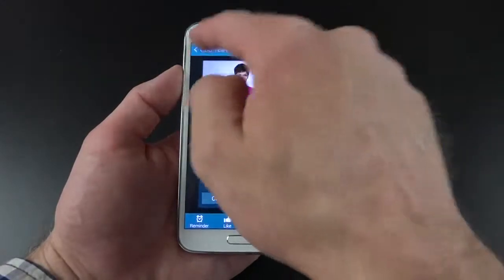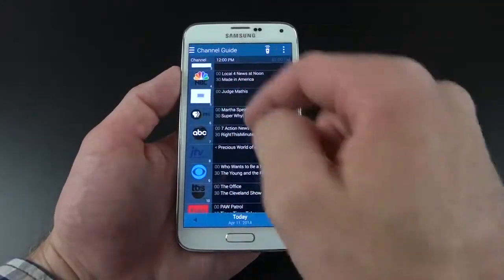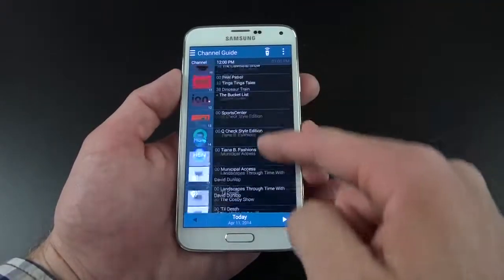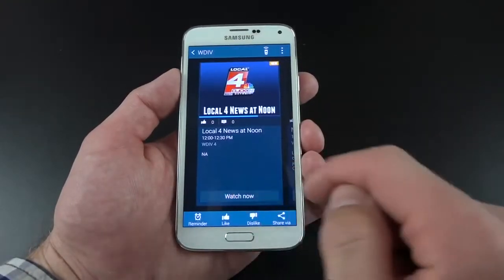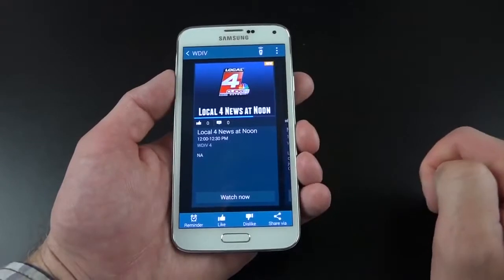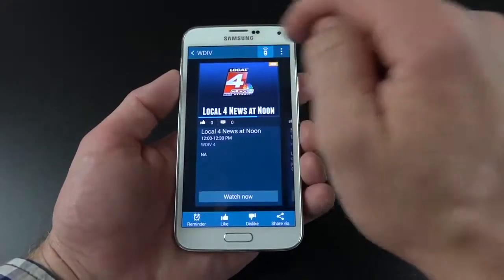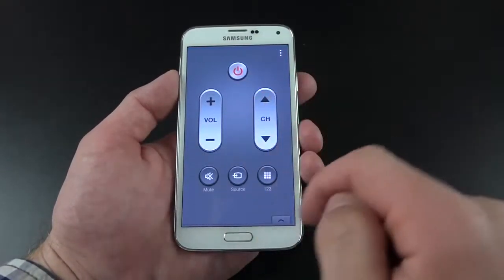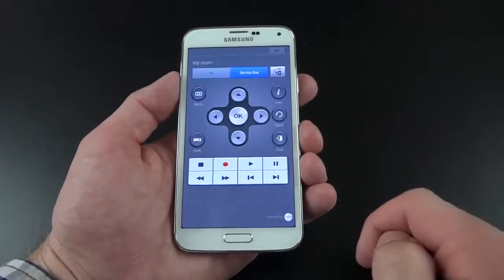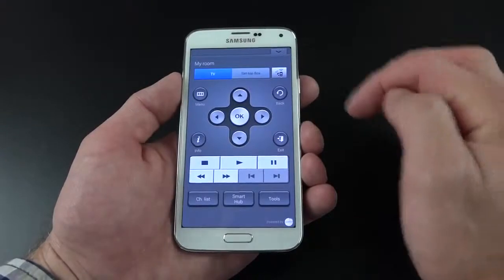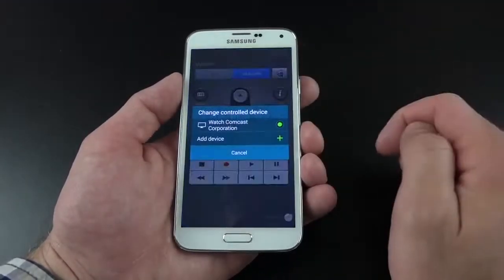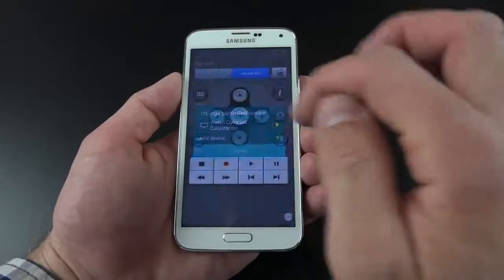And for example, I can go back to see everything that's on NBC, PBS, ABC. I can see my channel listing. And if I just want to access any one of these, all I have to do is tap on it and click Watch Now. It sends the code to the TV to change it to that right channel. I can also jump to my remote control here for volume, channel up and down, source. I can go here to select my device. So if I want to control my set-top box or my TV box, I can do that as well. And I can add additional equipment or even set up different rooms. If I want to control